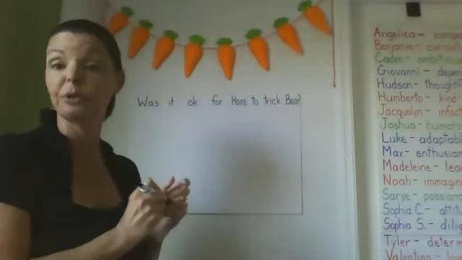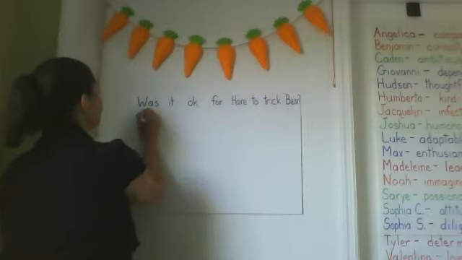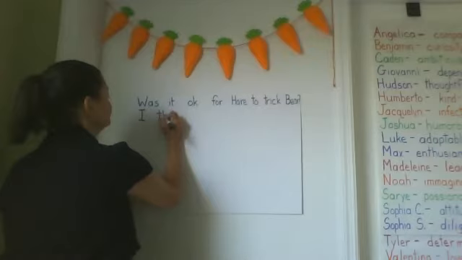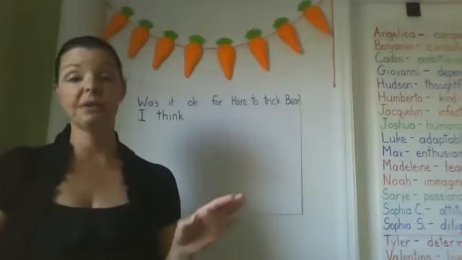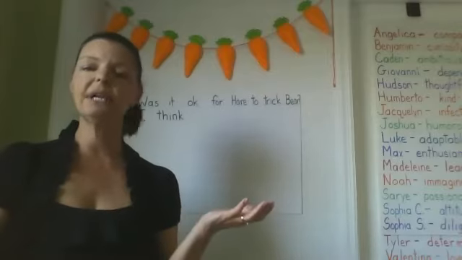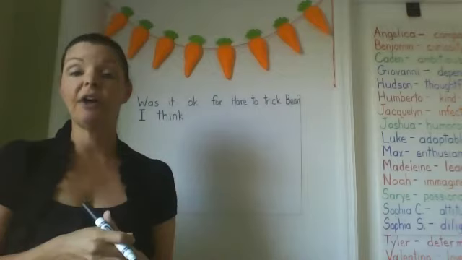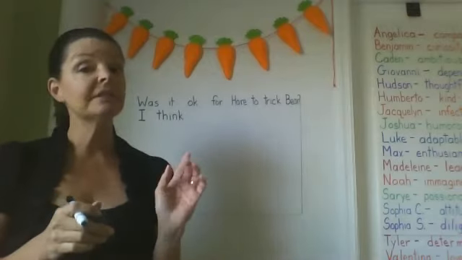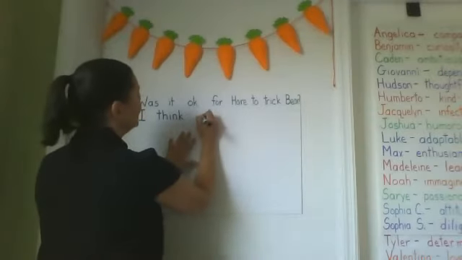So I'm going to start with those words I just showed you, and I'm going to put, I think. And in my opinion, I think it was okay for him to trick Bear because Bear was so lazy. He wasn't doing any of the work anyways. If he wanted to be a good partner, then he probably should have gotten off the porch and helped Hare, right? So I think it